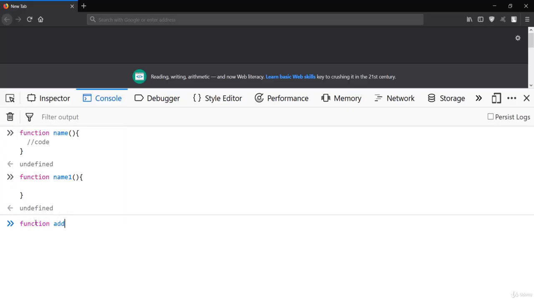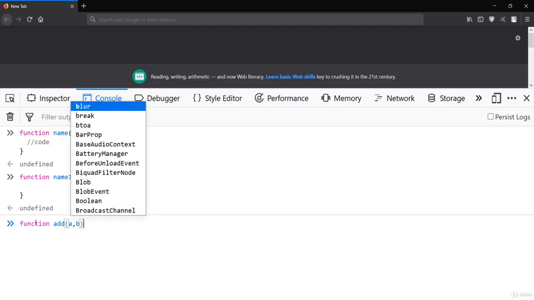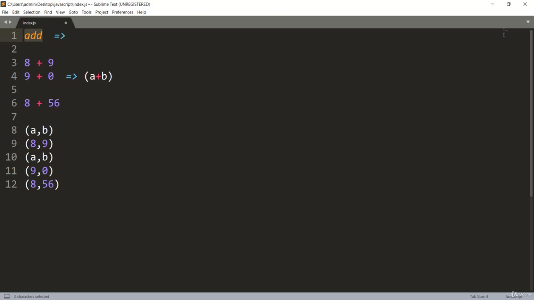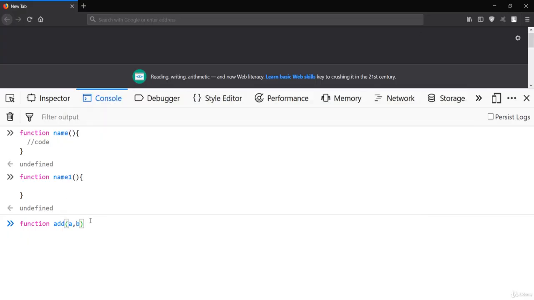Now let's create some useful function. Let's say add would be your function, and here I'll pass a and b. Inside this parenthesis we have passed some arguments, which were a and b, the same case we talked about over here. So instead of passing 8 and 9, we can simply pass a and b, and after that you define the scope, and here you say console.log, and the operation would be the addition. So you have simply made the function.